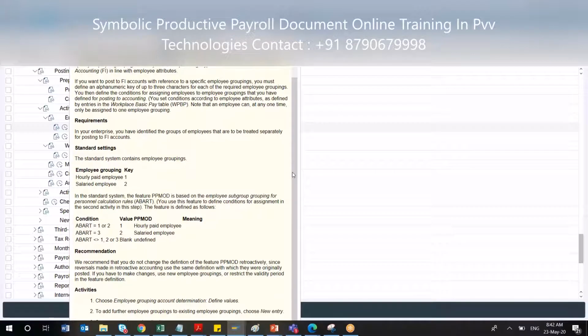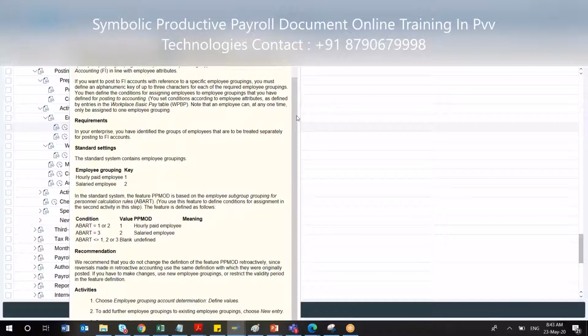It depends upon how you have configured your PA module, how your employee grouping is defined, whether as hourly employees or salaried employees. It depends a lot on that. If you define it in such a way that only a particular grouping falls under a particular finance posting, you can decide that here depending upon a specific condition.